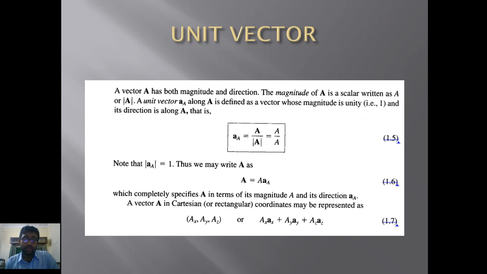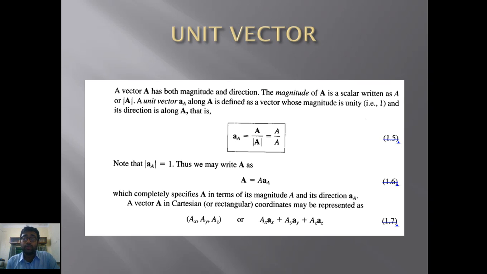Now the unit vector a suffix A along A is defined as a vector whose magnitude is unity and whose direction is along A. It means the unit vector described as a suffix A is a vector along the direction of vector capital A, but not with its value. The value of that unit vector will always be 1. That's why it is called a unit vector. That unit vector is described by the equation: unit vector a suffix A is equal to capital A divided by mod A, where mod A specifies the magnitude of vector A. Now if we divide this vector, which possesses both magnitude and direction,